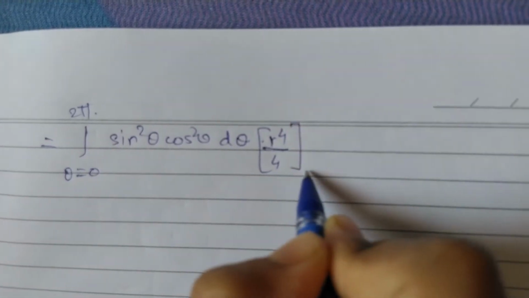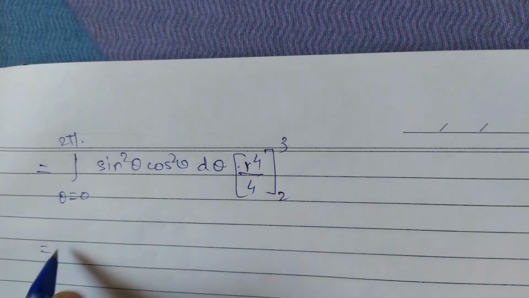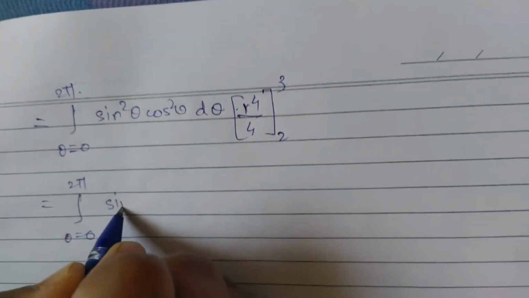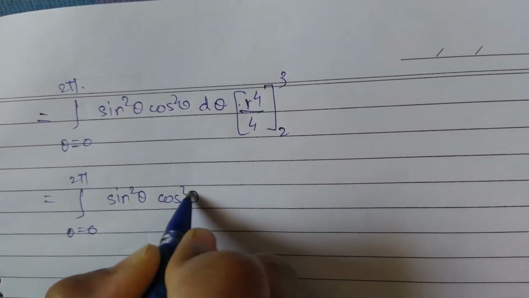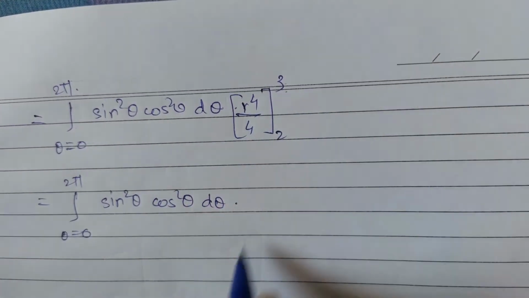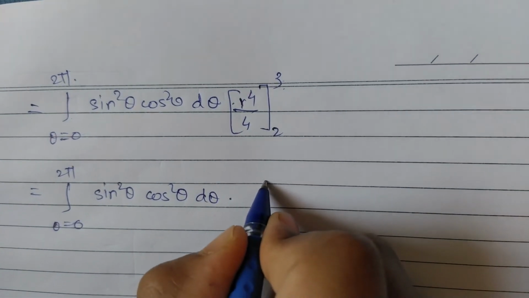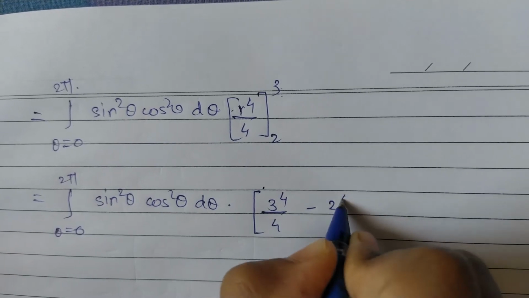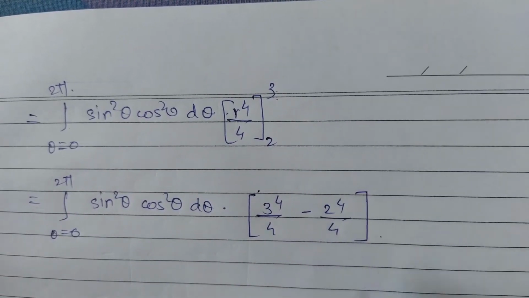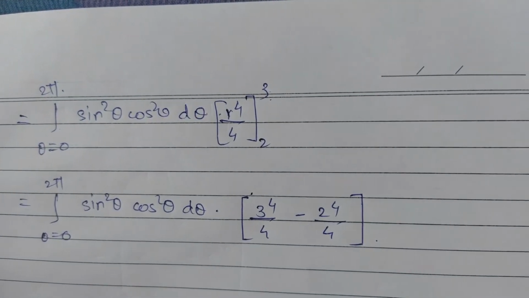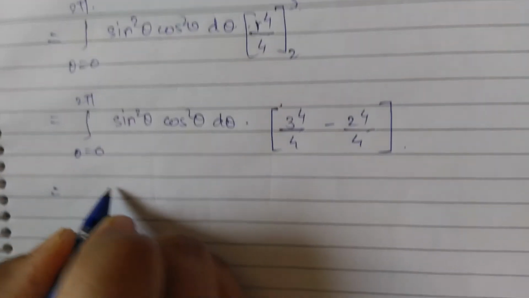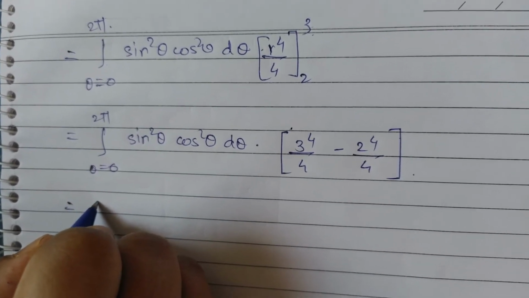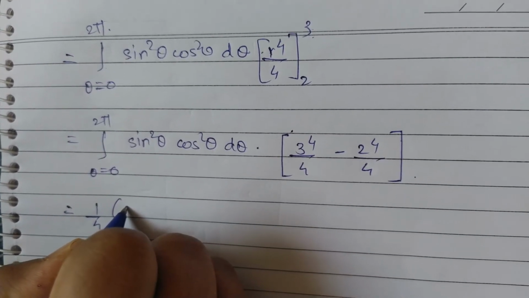What are the limits? 2 to 3. So you can say that this is 3 raised to 4 upon 4 minus 2 raised to 4 upon 4. Okay, now see, this is constant, so take it outside the integration. This becomes 1 by 4. 3 raised to 4 is